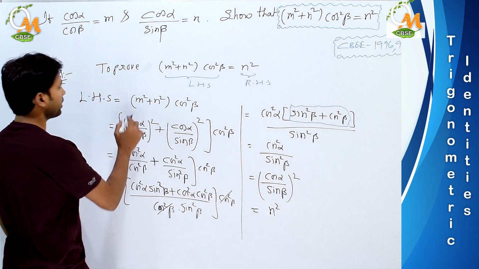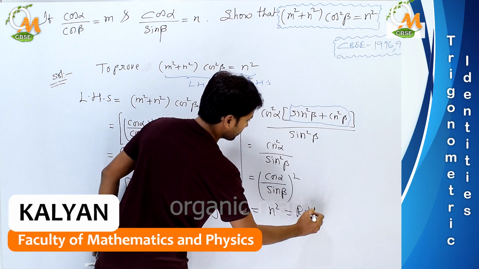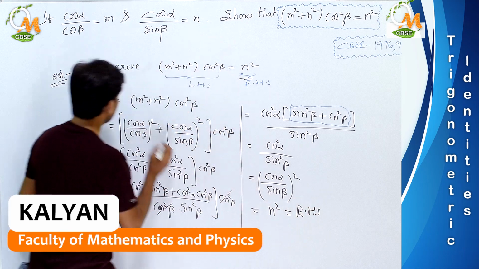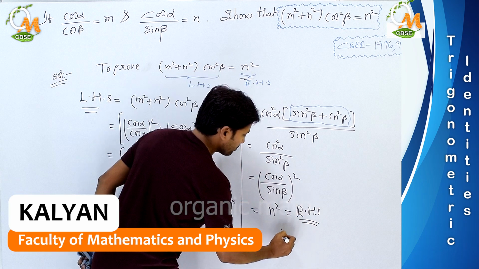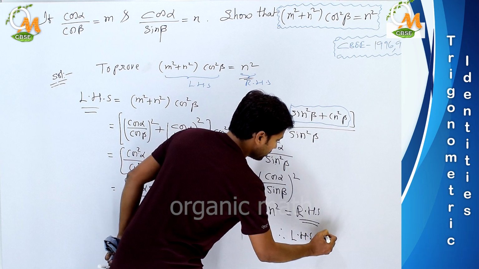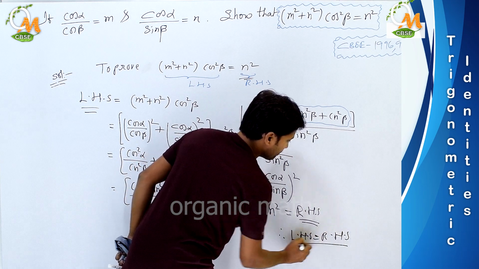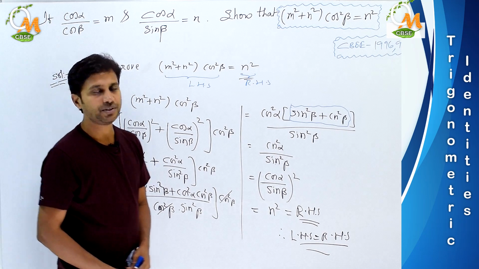So now we got the RHS part or not? Yes, we got RHS. So we took the LHS part and we obtained the RHS part. So for this problem, LHS equal to RHS, and we proved it. Okay, so like this we have to do. It's a small problem. By doing small adjustment we can get it.